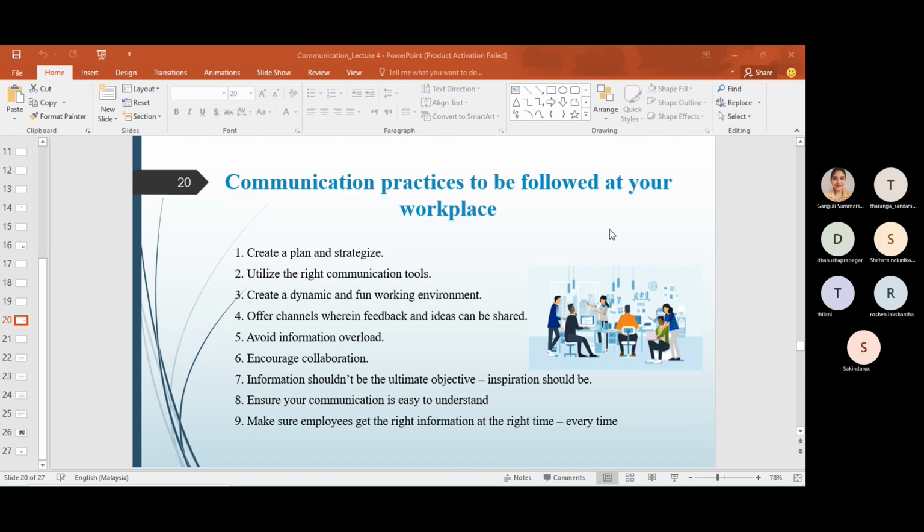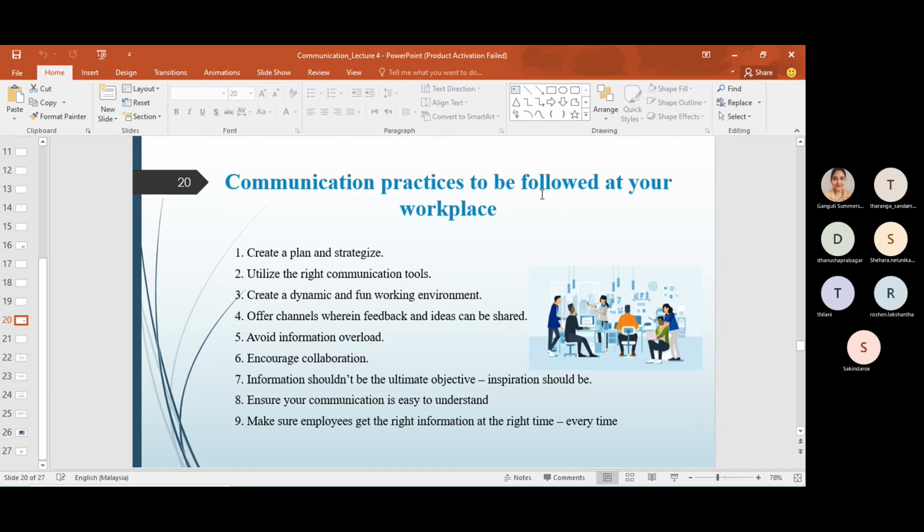Okay, and then utilize the right communication tools. So you have to make sure that you use the right communication tools. For example, as I told you earlier, if the message is not urgent, you can go for an option like fax or email. But if the message is an emergency, an urgent, important message, then you have to use the correct